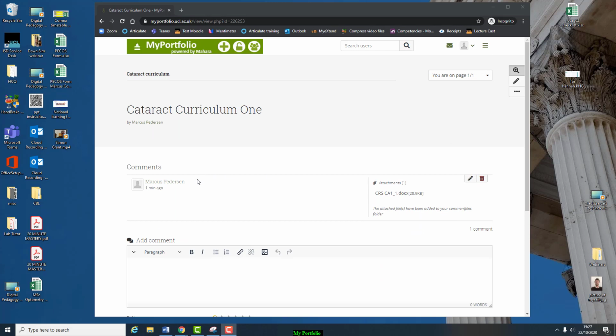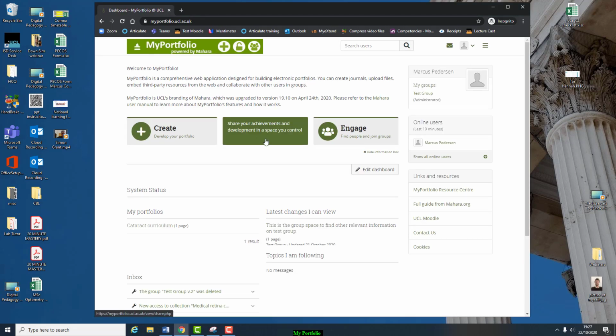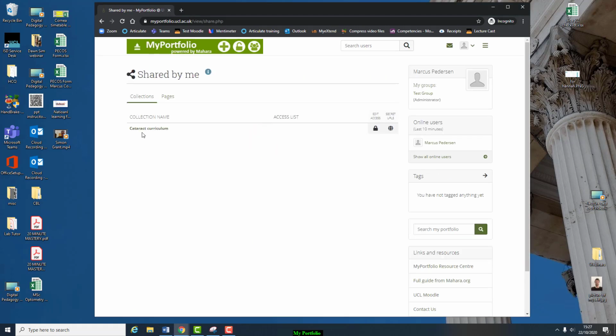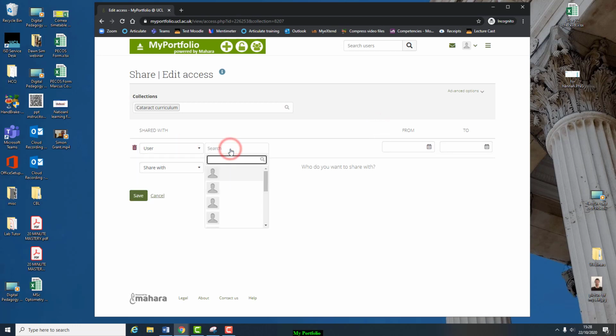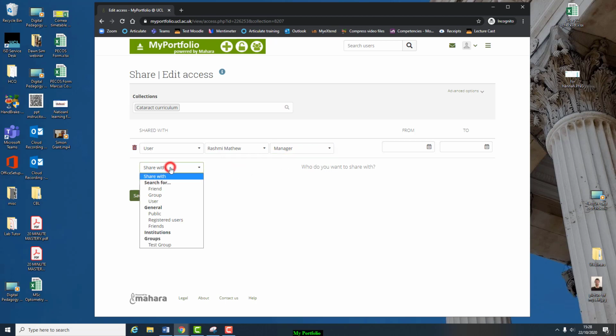Now from here you need to share the file. So you go back to MyPortfolio, go to share, and then you'll see cataract curriculum, edit access, share with, go user, search for them. So I'm going to find Rashmi. No special role, you make her manager if she's your manager, and then save, or you can find someone else,